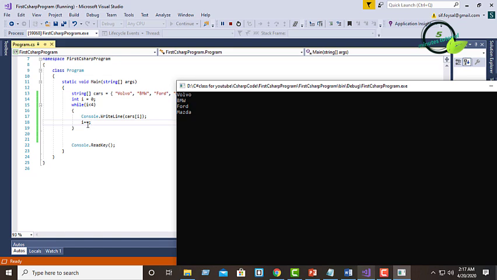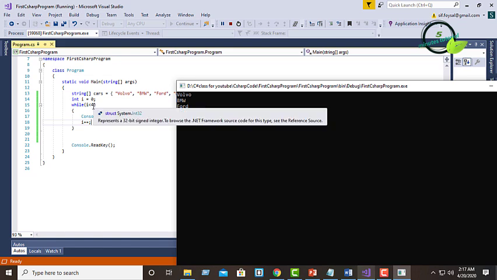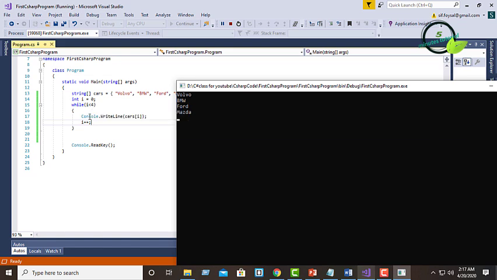Then it is incrementing i's value by 1, i plus plus, so i's value is 1. Then it is checking is 1 less than 4 or not. 1 less than 4 is true. Then it is printing cars[1], BMW. Then it is incrementing i's value by 1. Then i is 2, and it is checking is 2 less than 4 or not.